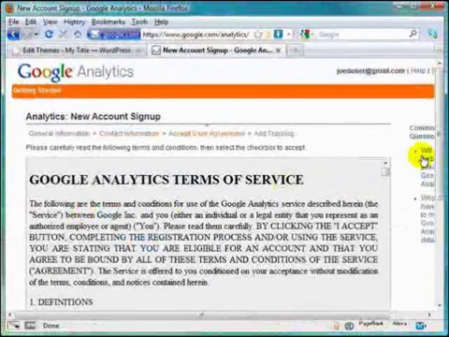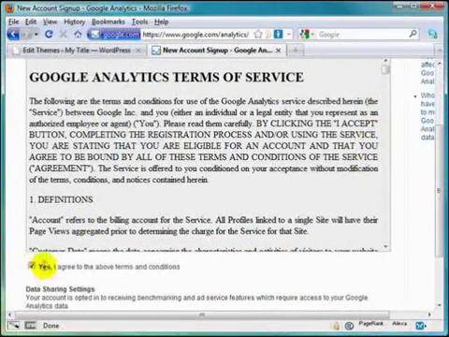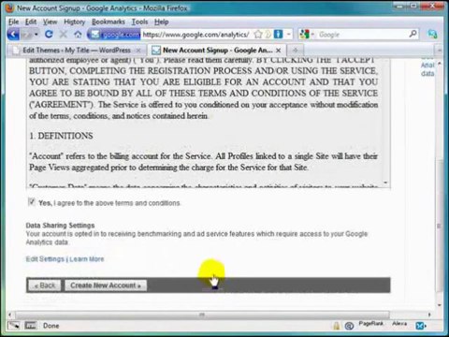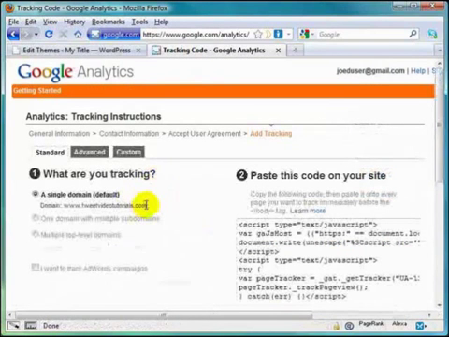Of course, you want to read all the terms of service here and click on yes because you do agree with the above terms and conditions. Then click on create new account. Drumroll please, you're almost done, and there we are. Now then, this is the JavaScript code I was referring to that you put in the footer,